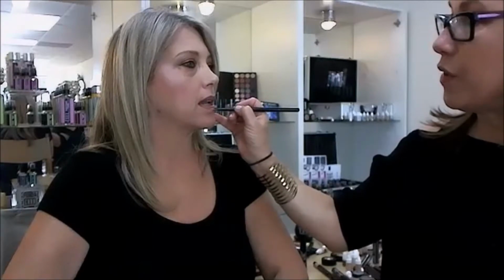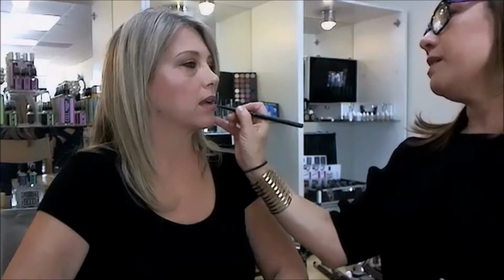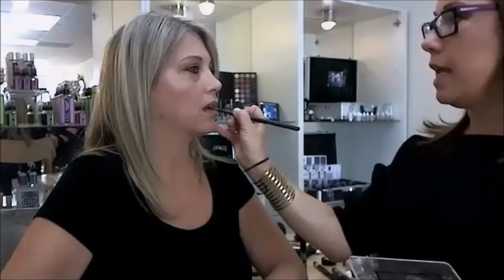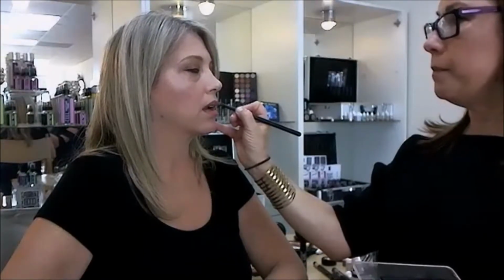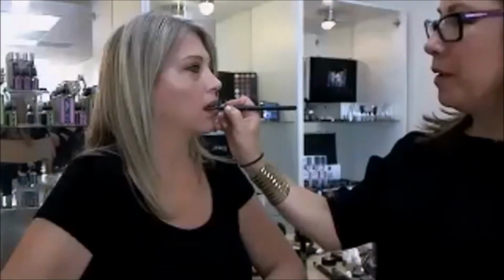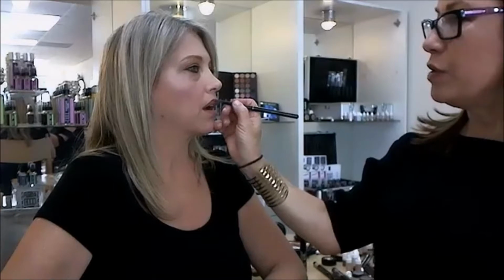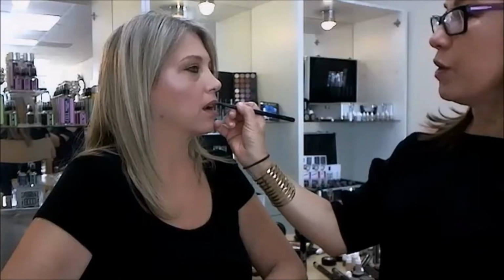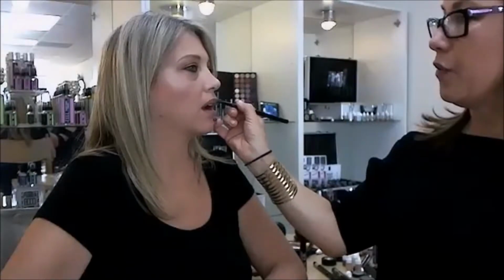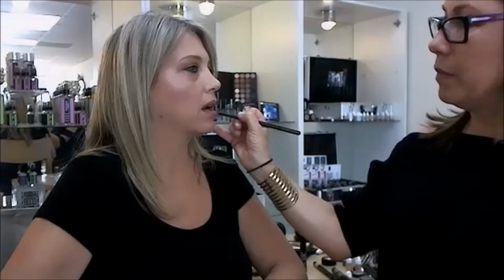Sometimes it actually helps define the lip a little bit more. This color is called Angel. This is our best-selling color, I would say, for those soft, nudie colors. And it'll last all day. You can put this on in the morning. You can drink, you can eat, and of course, it's going to probably get a little tired after a bit. You can reapply it, but for those of you that don't like reapplying lipstick, this is your friend. And of course, I'm going to put a little bit of gloss on her because I just love gloss. And I like getting that full, just pretty. But this color is really pretty on